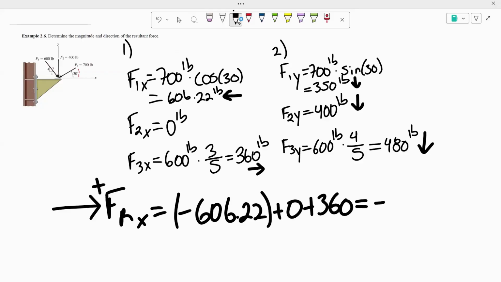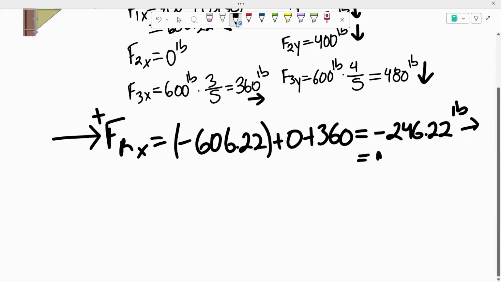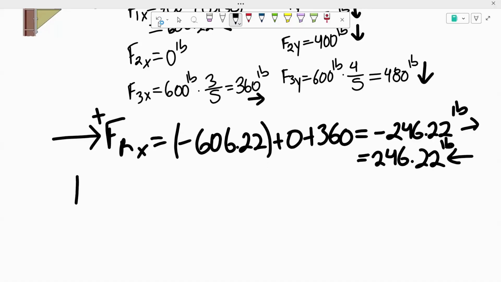And like that, we have negative 246.22 pounds going to the right, but we want to deal with positive numbers and not negative numbers, so we could just rewrite this as 246.22 pounds going to the left. Now we're going to assume that up is positive for the vertical component, so F_R is